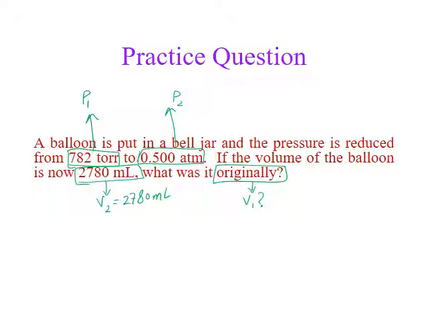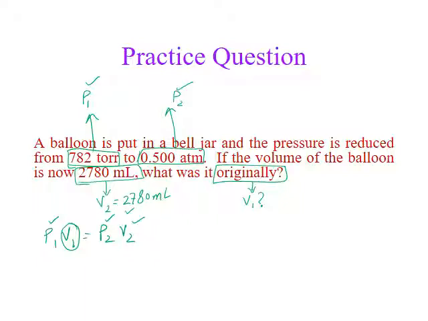So what is given to us in the question? The question is giving us P1 of a gas, P2 of a gas, V2 of a gas, and it's asking for V1. Now, do we know a relationship that relates pressure and volume? Boyle's law. Since the question has not talked about temperature and amount of the gas, or moles, we can assume both of those values are constant. So to solve this question, we can use Boyle's law, which is P1 V1 equals P2 V2. We are solving for V1 right here, and what's given to us is P1, P2 and V2. All these three terms are given to us.